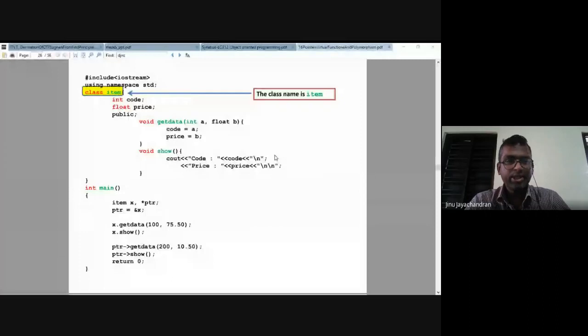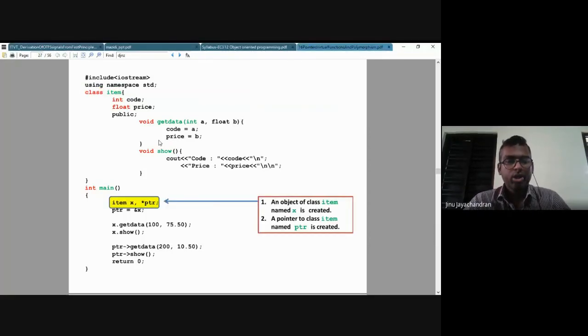I hope you can see this. Here you see the same program: you have a class called item. You are declaring two objects, one is a pointer and one is a normal object of class item. You assign the address of object x to ptr.